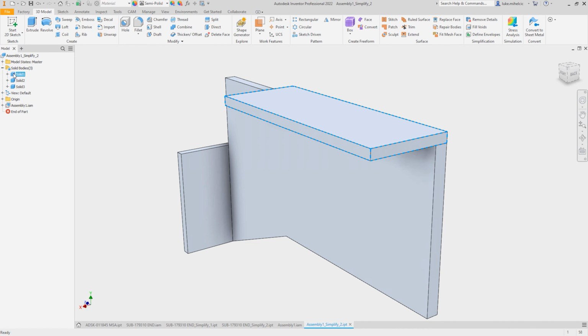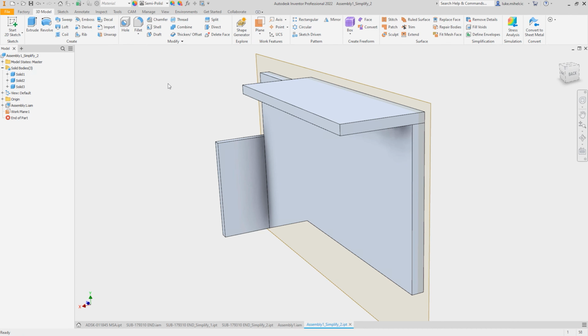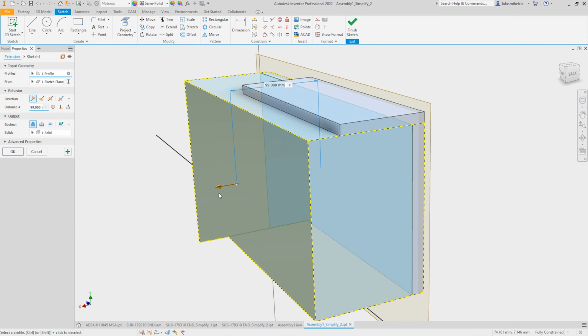So this first body and this second body are going to be what are called my preserve regions. So these are the 2 mounting points that I need to maintain inside of my generative design study. And what I'm going to do is create an obstacle. So this is where I don't want Fusion 360 to create geometry on either side of this component here. That way it'll work all that geometry in between. So what I can do is I'm going to add a work plane in between there so I can mirror. And I'm just going to add a new sketch on this surface, project that geometry, and I'm going to extrude this. And it really doesn't matter how far it is as long as it actually goes past that in this example.